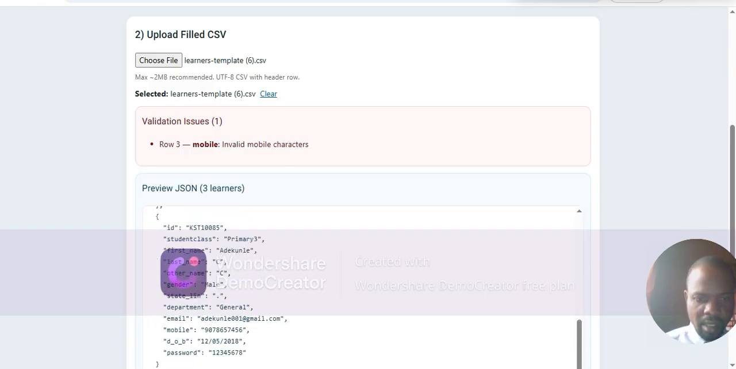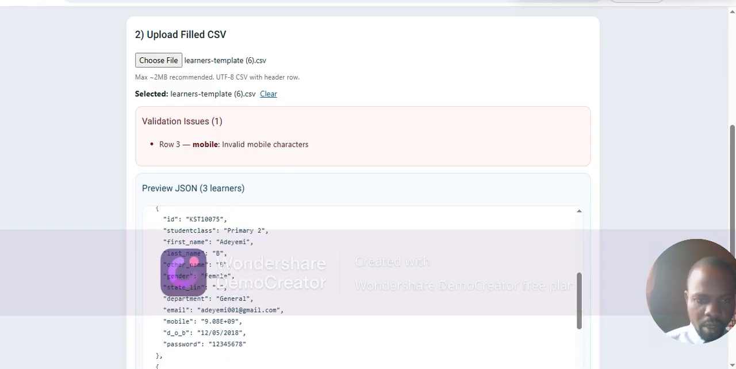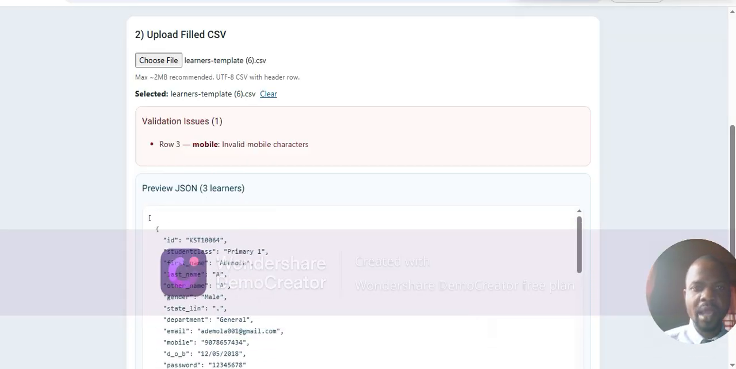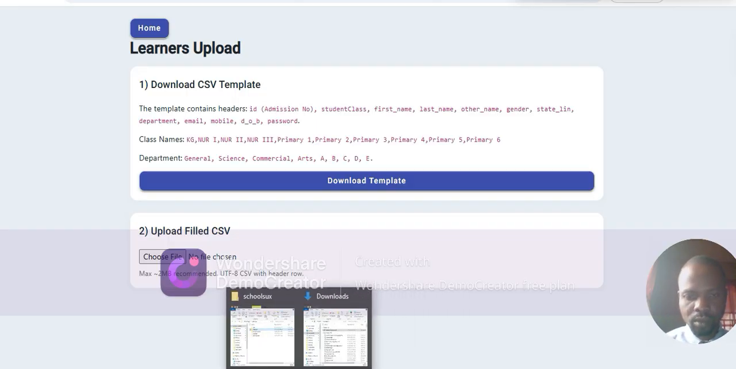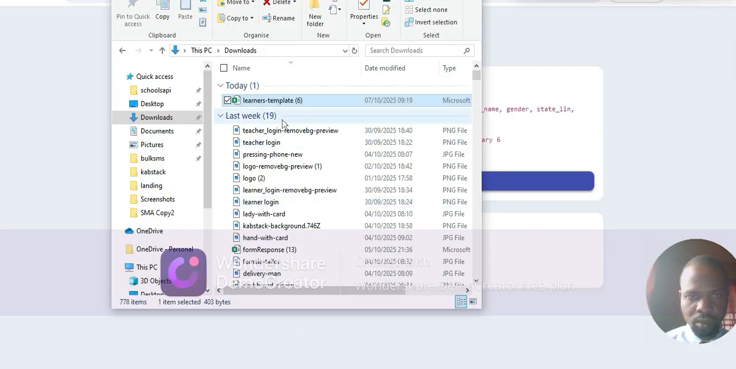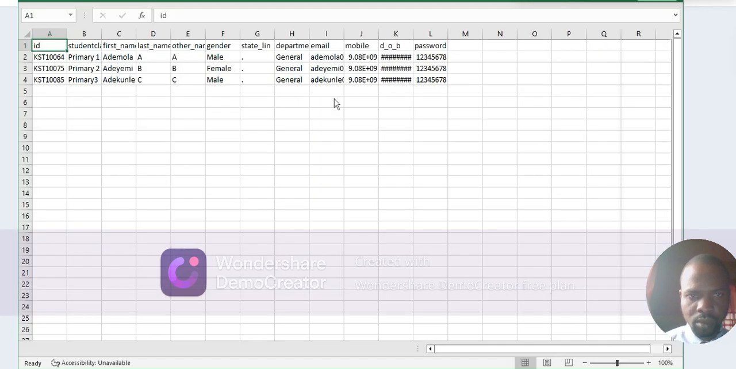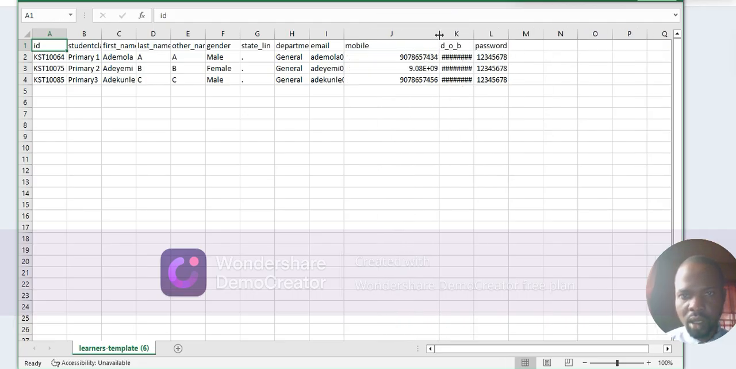Let's see. Row 3 here will be the row 2. So we are having this number here. Maybe I did not save. Let me go and recheck. I will clear this. Let me check. Oh, I did not save. So now let's,